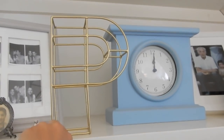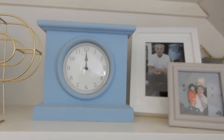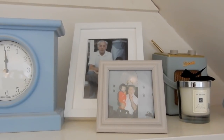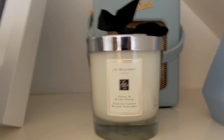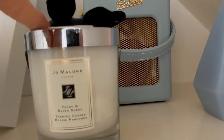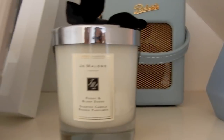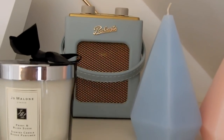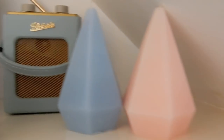This P and that S, and we also have an ampersand, which is in Finn's room, are from Oliver Bonas. Then I've got a cute little clock from Next that doesn't actually work. A couple of family pictures in frames from, I think they're from IKEA, and one was from Home Bargains. A Jo Malone Peony and Blush Suede candle, which is my favourite, but of course we don't burn. And Paul tried to once and I went crazy because you don't burn Jo Malone candles as a rule because they're like 50 quid. A Roberts radio, which work actually bought me for our wedding, and a couple of candles